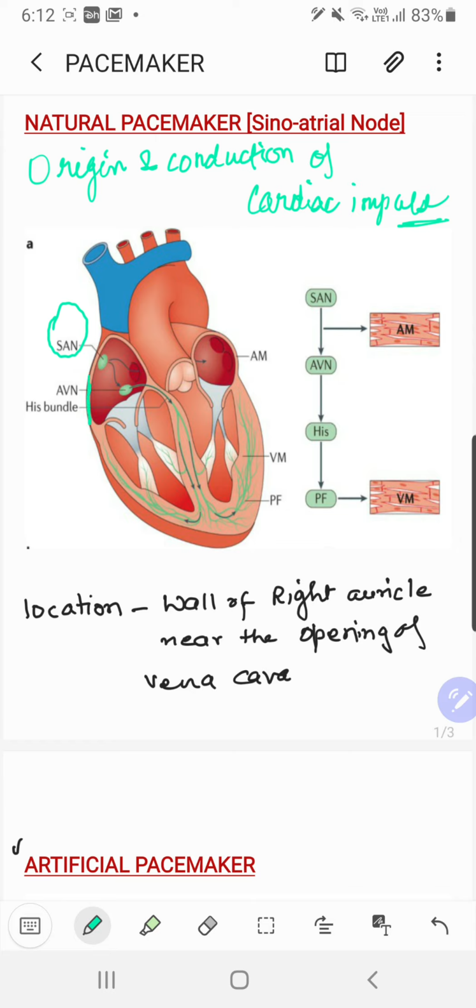This is the right auricle wall, and you can see that this area is shaded as sinoatrial node, right? Why I selected this picture? Because with the help of arrow, you are also given a hint that how these cardiac impulse, which is originated at SAN, it radiates out. Obviously, when the electrical impulse is generated, it radiates out. So first of all, it covers the auricular septum.